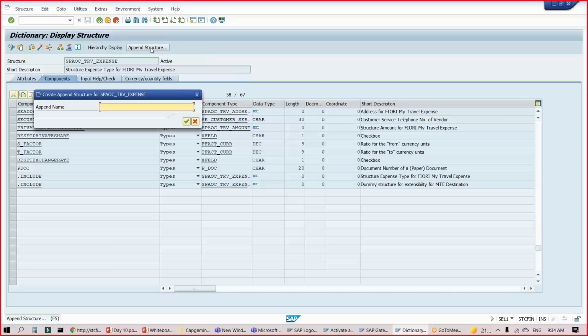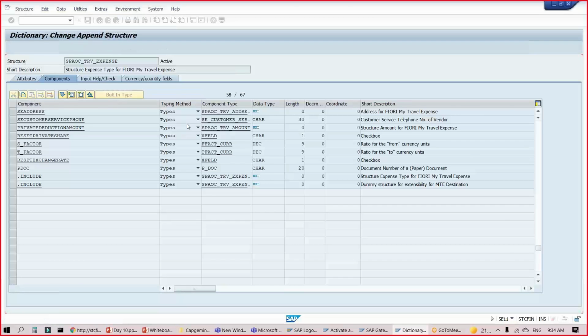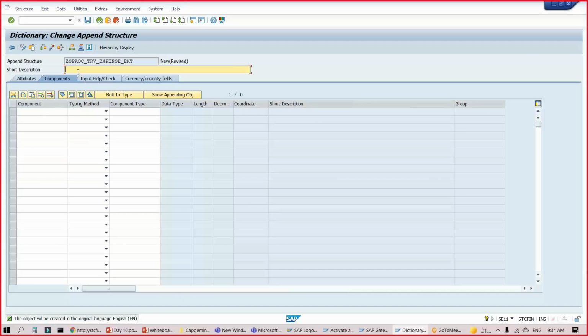So let's add a new append structure, and we will usually make a Z and the same structure name underscore EXT. This is a naming convention we follow. This naming convention is very, very important. So we follow that. We click on OK. And now we will add here the structure